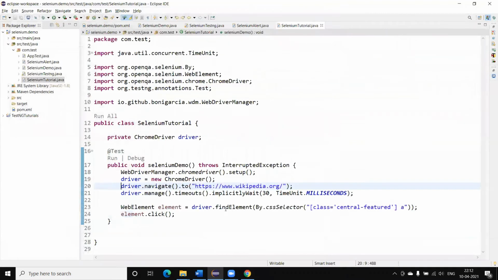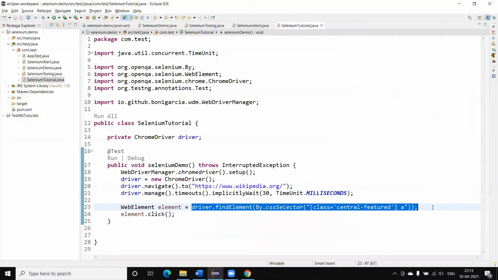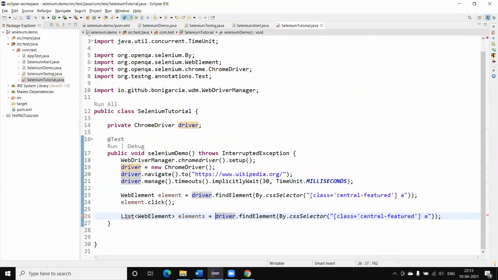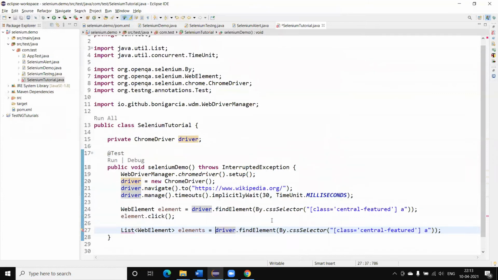Next, there is one more function we can use, driver.findElements. When we call this, what will it return? It will return the list of web element objects.